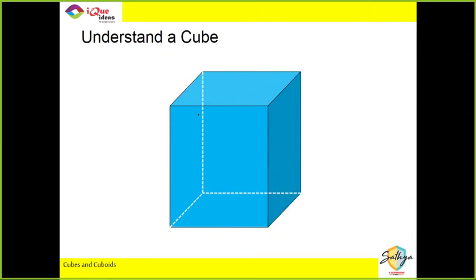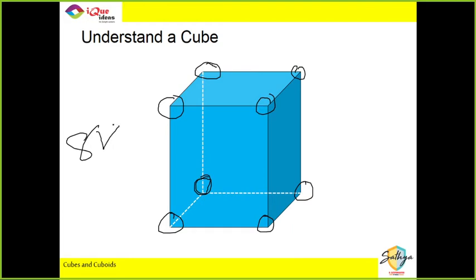Let me clear this. See, 1 2 3 4 5 6 7 and 8. These are the 8 original vertices. They are not separated, they are all on the same piece. So when all vertices are on the same piece, all the 6 faces remain painted. First fact to remember. Did you understand this? Okay.